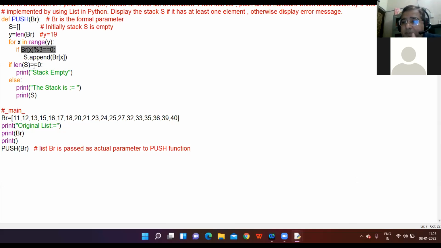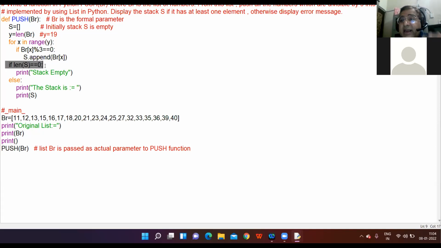So again, I repeat, stack is a list only. Using the append method, in bracket write the element. This element will be that element which satisfies this condition. Now check the length of the stack.